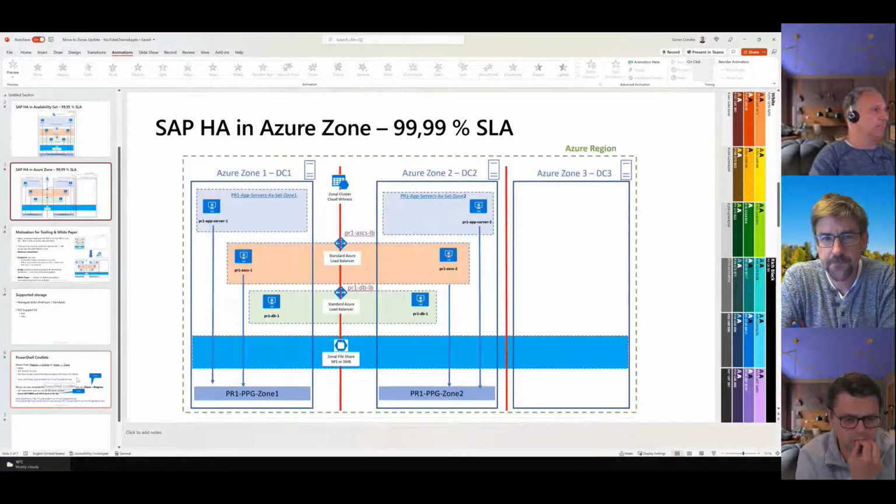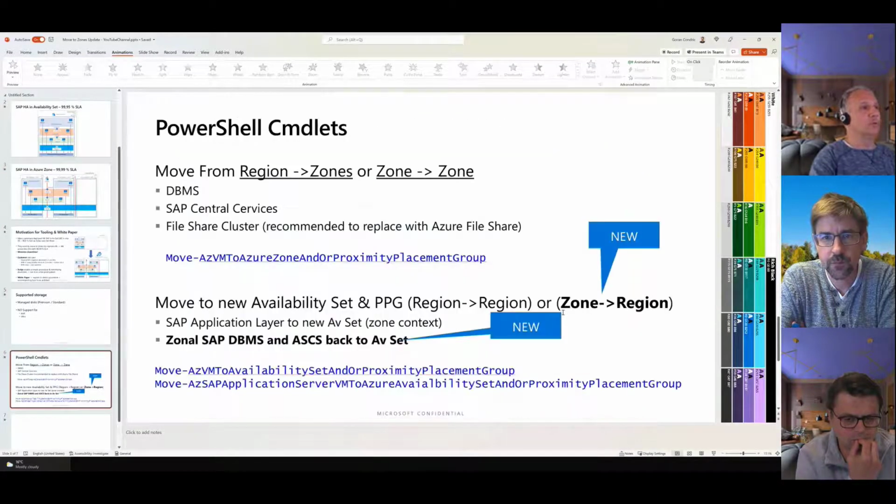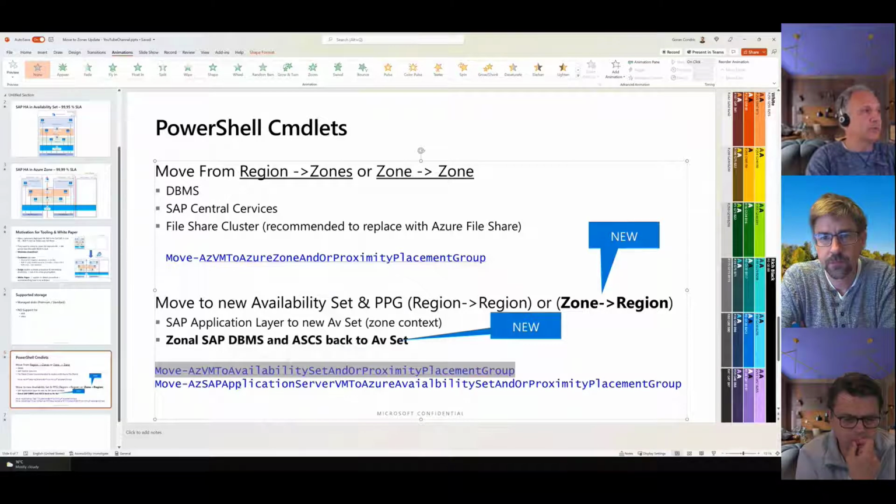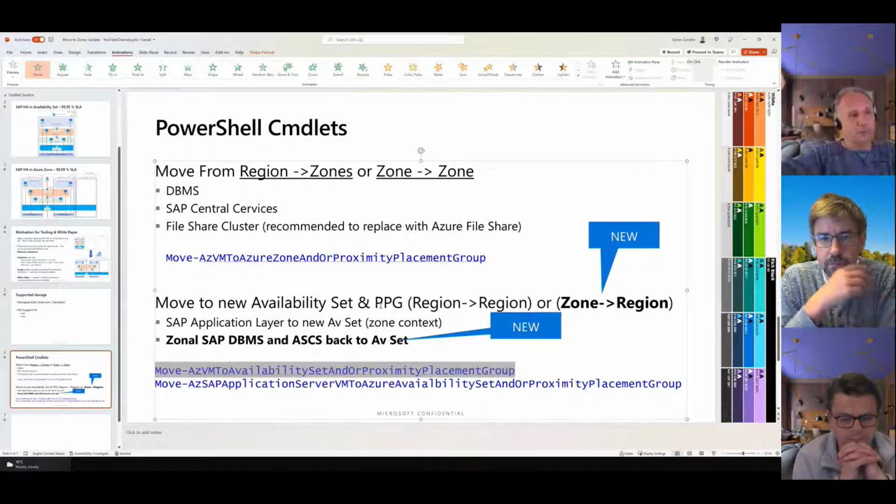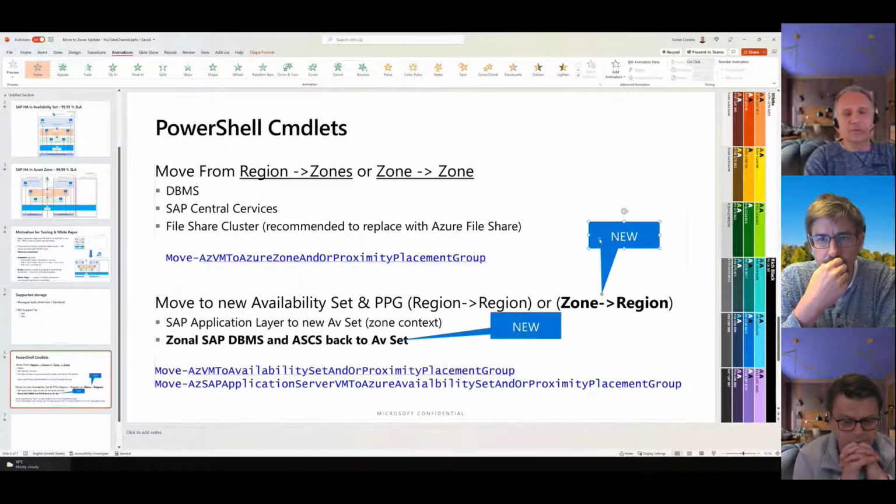That's basically the idea. And maybe one new thing: another cmdlet is for those app servers. There is another command, Move-AzVMToAvailabilitySet, which would move from one availability set to another one, which would now be an indirectly zonal one. But I also just added, this is new after some discussion with Robert,